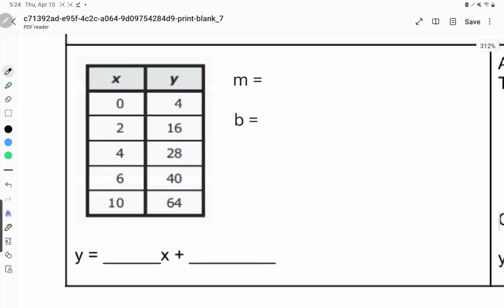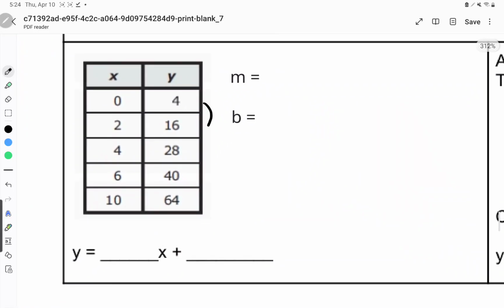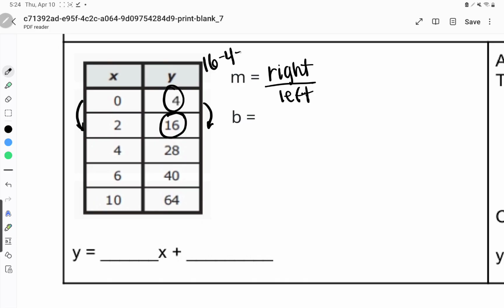Next one, I see a table, so what do I do? I draw some arrows. Reminder, m is right side divided by left side. All right. For my m, on the right side, I would do 16 minus 4, which gives me 12. On the left side, I would do 2 minus 0, which gives me 2. So I would do 12 divided by 2,